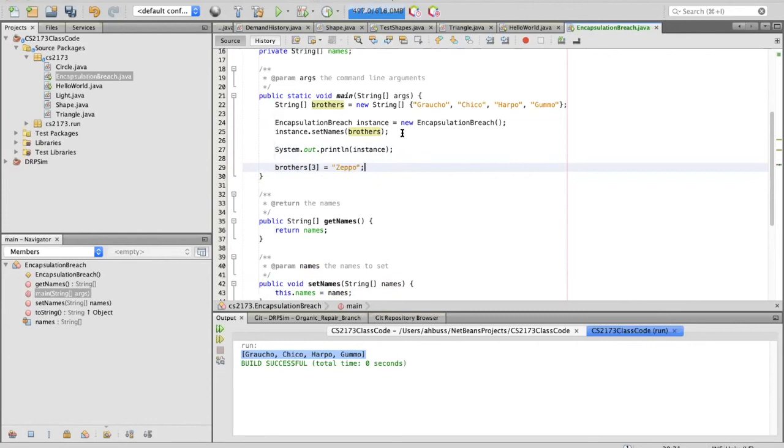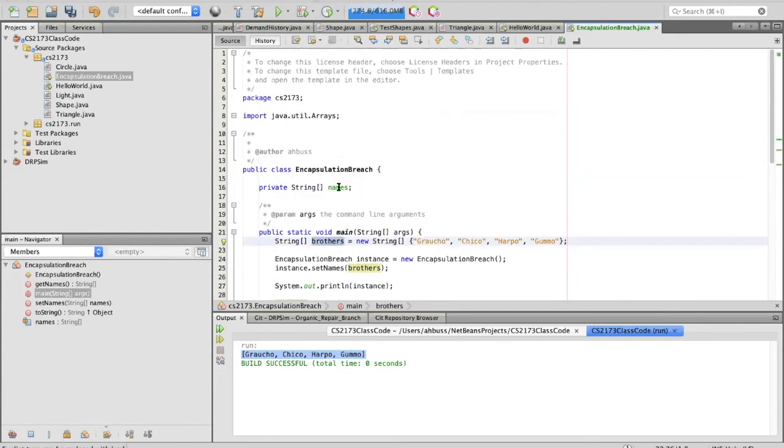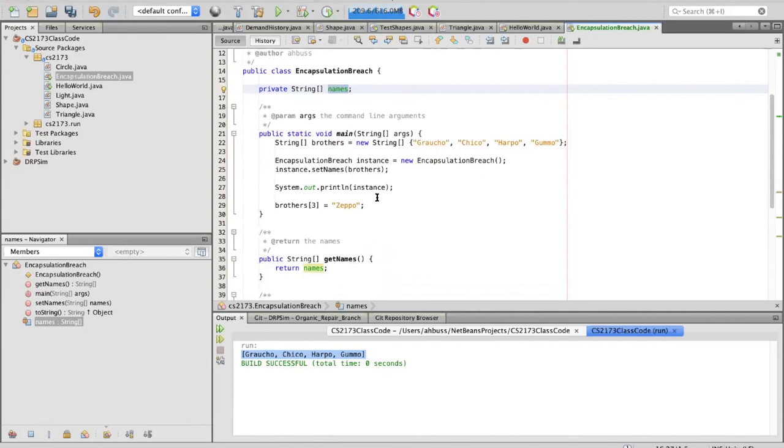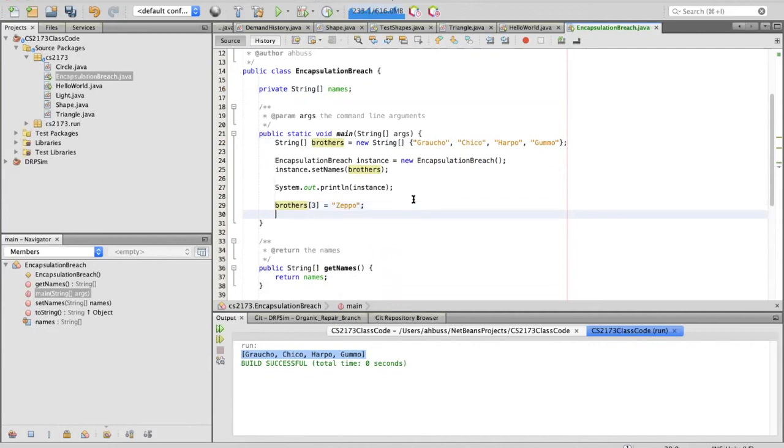Now I've taken this array and passed it in as an instance variable, so now it's the names in this. And now I want to do something else with the array that I passed in. I want to change the third element. Not a big deal, but now